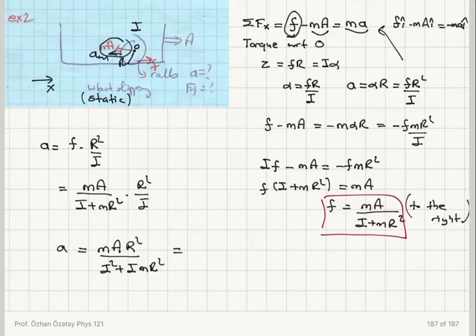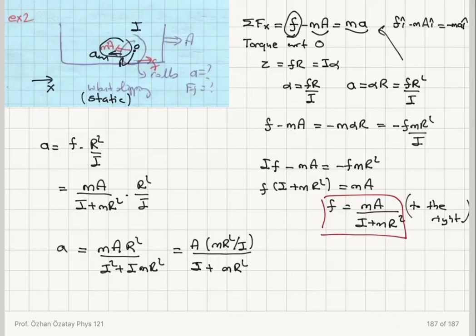So in order to check the dimensional consistency of this equation, what I would like to do is multiply the top and bottom with 1 over I. So I will have a mr squared over I. Here I will have I plus mr squared. So here I should have the acceleration unit, but it's not the acceleration unit